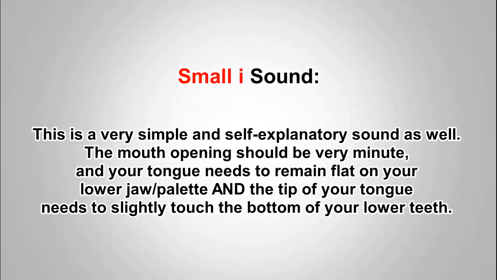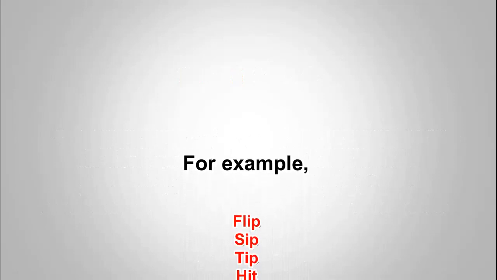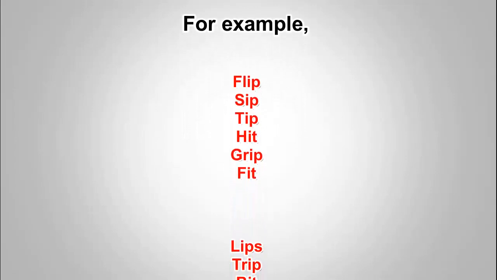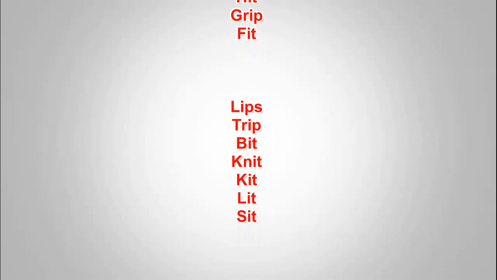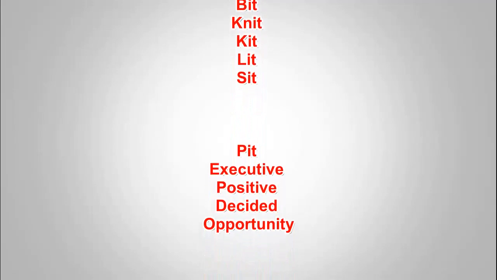Small Eee sound. This is a very simple and self-explanatory sound as well. The mouth opening should be very minute, and your tongue needs to remain flat on your lower jaw and the tip of your tongue needs to slightly touch the bottom of your lower teeth. For example, flip, sip, tip, hit, grip, fit, lips, trip, bit, knit, kit, lit, sit, pit,